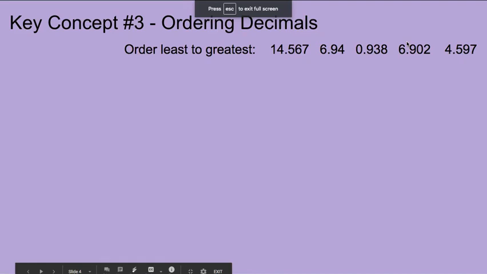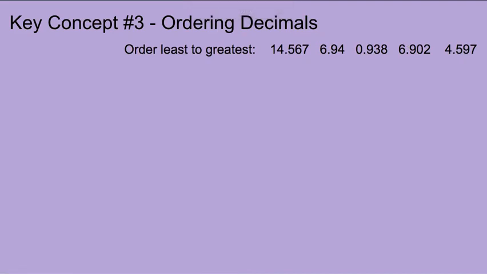All right, key concept number 3 is we are going to be ordering decimals. So at the very top, I have decimals that we're going to order from least to greatest. So I have 14 and 567 thousandths, 6 and 94 hundredths, 938 thousandths, 6 and 902 thousandths, and 4 and 597 thousandths. So I'm going to show you the steps and go through how to make these in order from